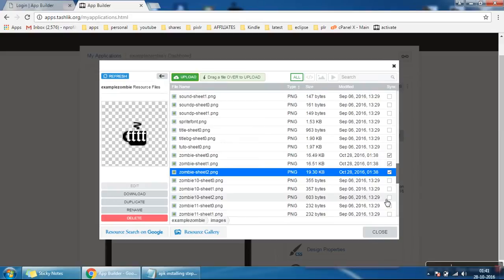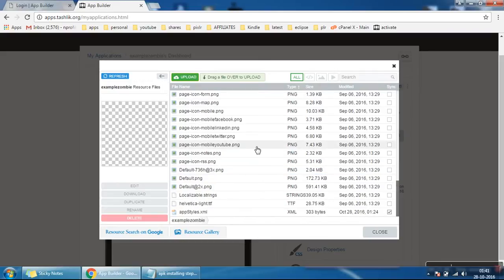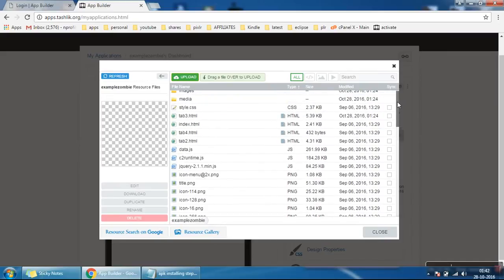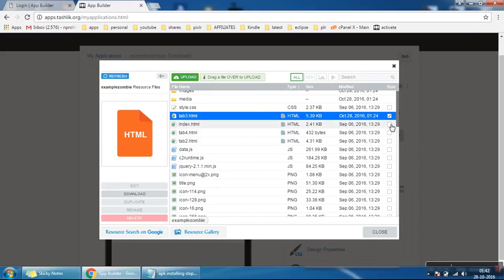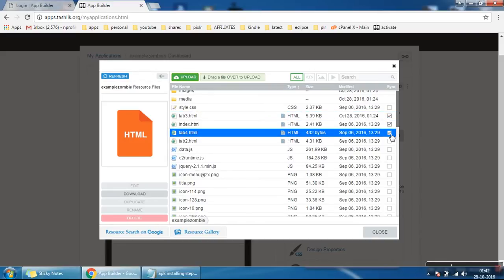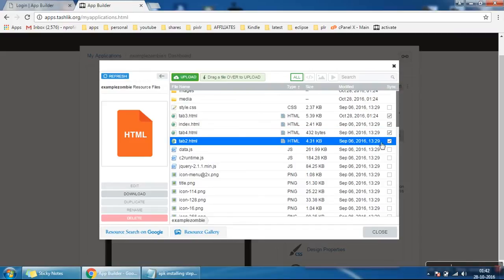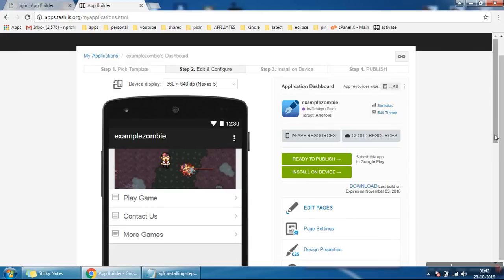Okay. Now after this, click on back over here and you have to check more boxes. Some more boxes you have to sync, that is the HTML pages. HTML sync, HTML sync and HTML sync. Alright, you have made the 4 changes and you have checked sync. Let us click on close.